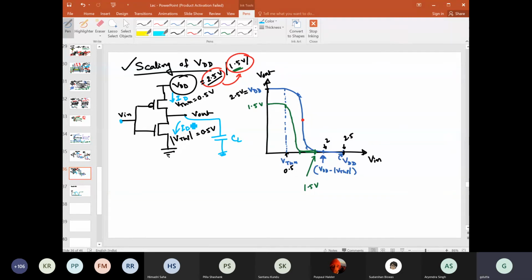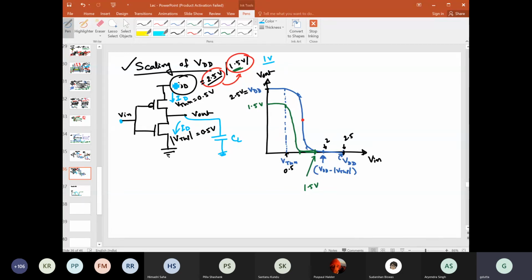And also one more thing is that when you have reduced the supply, suppose from 1.4 to even suppose 1 volt, you are now more prone to noise. Because now it is 1 volt, so your noise margin has reduced, you know that. If this supply voltage has changed, then your noise margin will also be reduced. So if the noise margin has reduced, then this will not be that reliable in terms of noise. So these are some of the negative implications of reducing this VDD, but ideally we want that VDD to